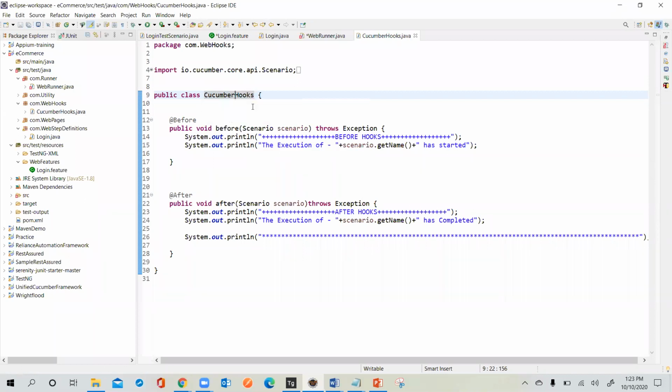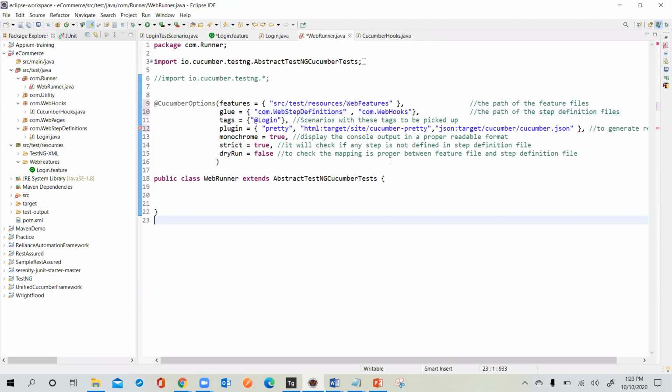Okay, going back to the runner file again. In the runner file, we will give the feature files and the glue code. Glue code is nothing but step definitions. Some people call it glue code, others call it step definitions, but the right terminology is step definitions. And with the step definitions, we want to tag the hooks also. Guys, many people will get stuck in the implementation of this, so be careful. Hooks and step definition files should be defined in the glue code. Okay, be careful about it.